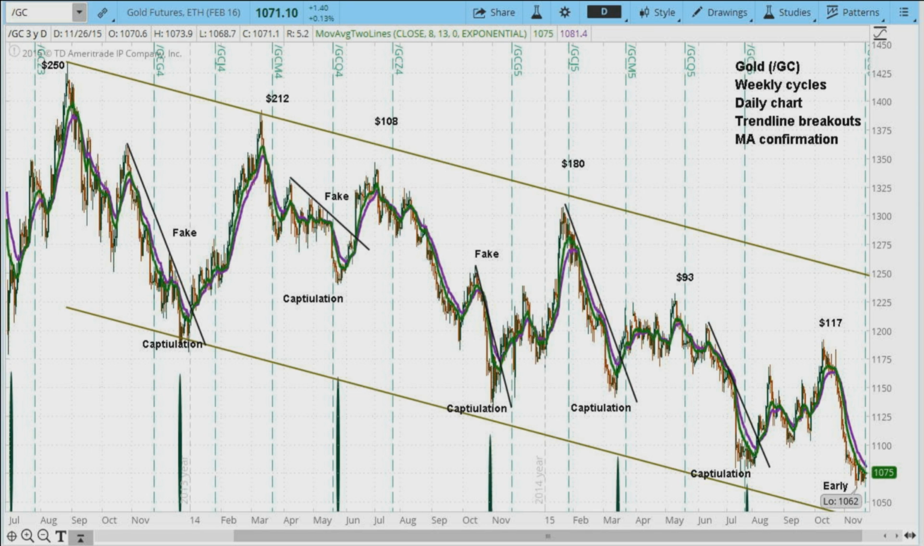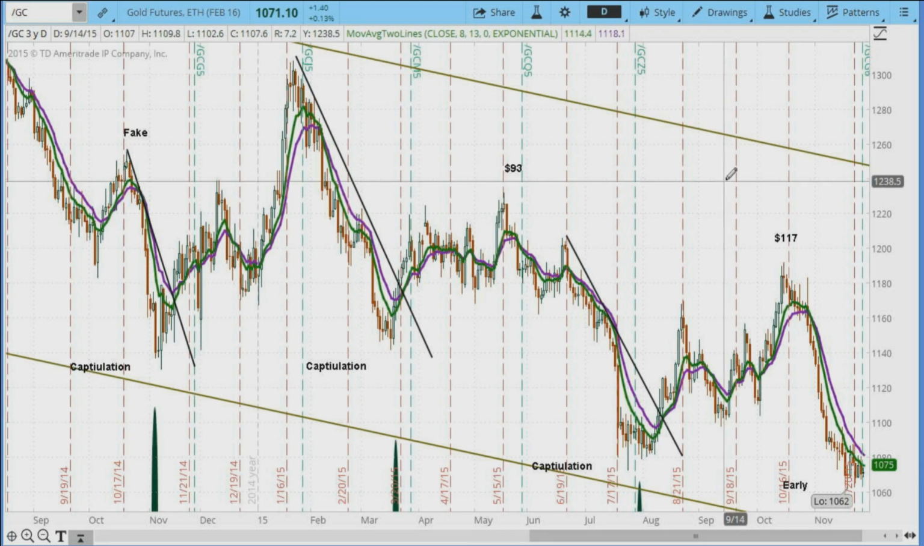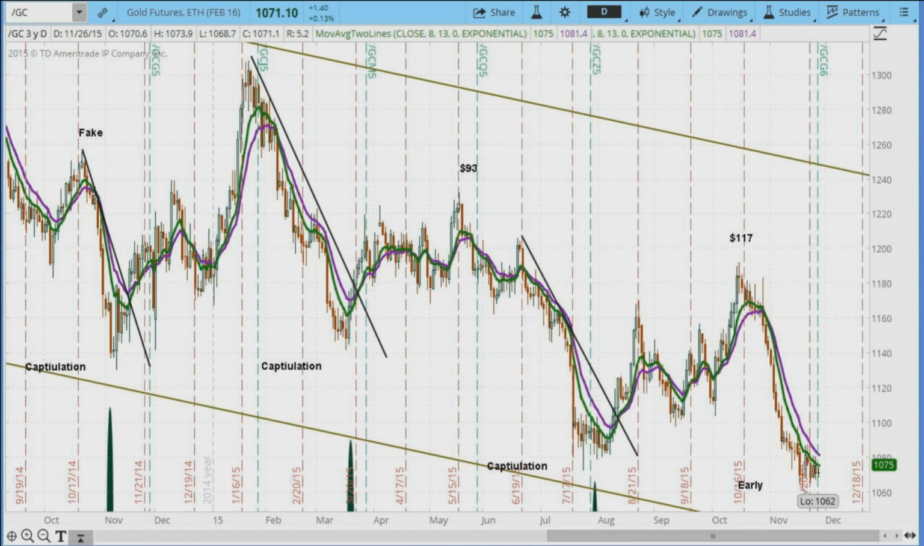The question is, as you can see in each of these cycles, they capitulate on the end, capitulate on the end, capitulate on the end. Where are we right now? Well, we're early in this cycle, and we're going to look for similar things to happen. Number one, what are we looking for to happen in here? Well, it would be that